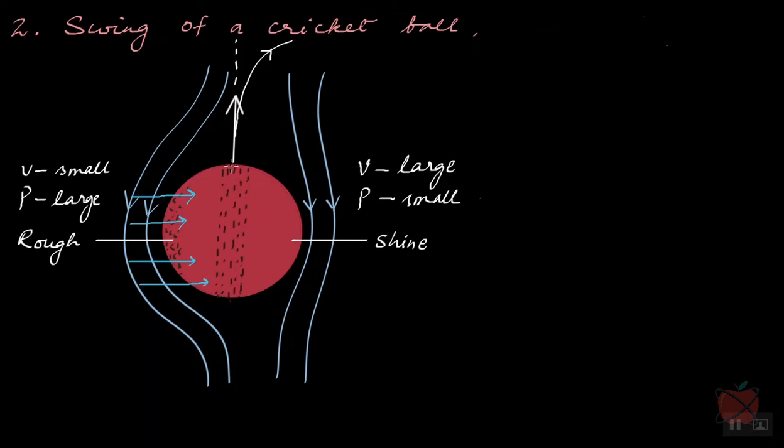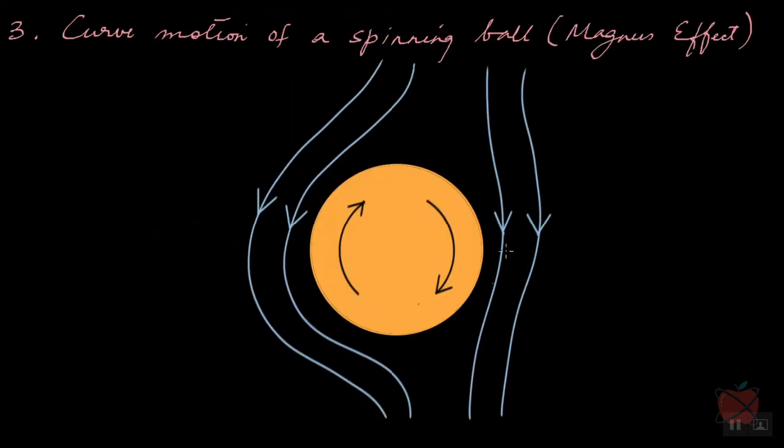Now, if you want the cricket ball to swing towards the other side, what will you do? You make this part rough and this part shiny. Is that clear? So that's quite interesting, isn't it? Bernoulli's theorem has a lot of applications, especially in sports. For those of you who watch football, on the other hand,